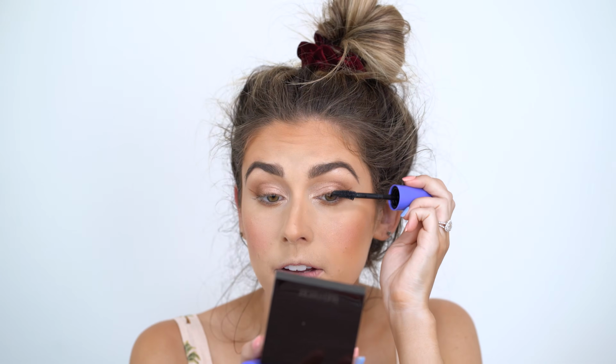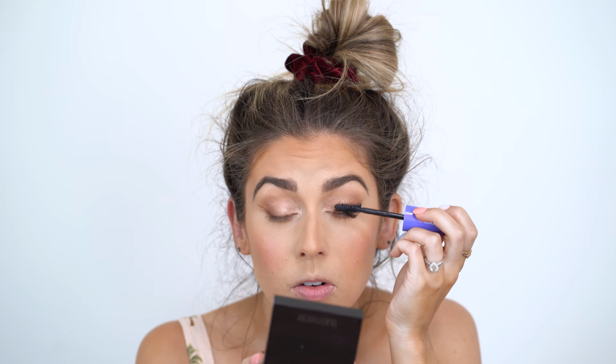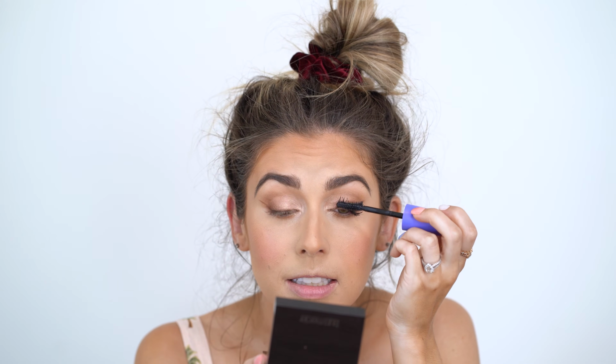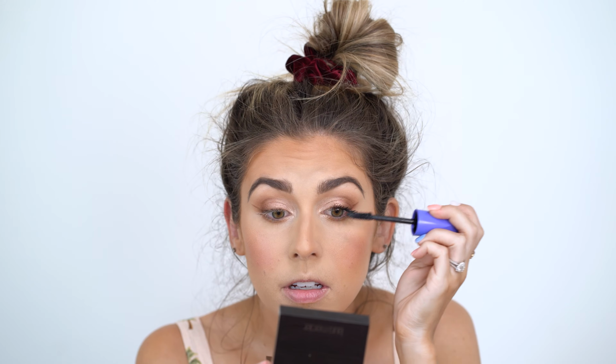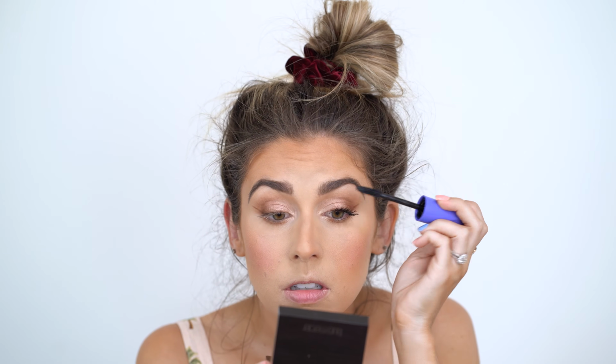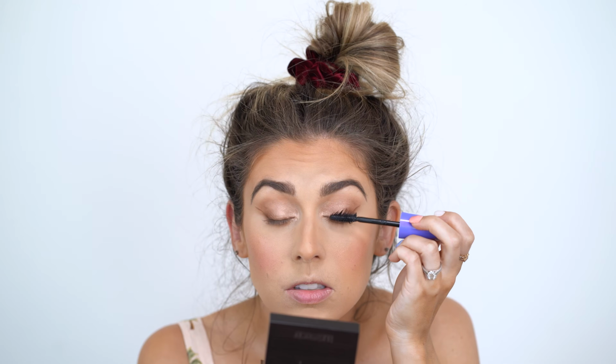I like that this brush has a little angle to it, because usually I feel like that is really helpful with making the outer lashes look super big and fluffy, but not overwhelming those dainty little inner lashes. I just feel like it helps coat everything. So far, it definitely feels like it's a wet mascara,